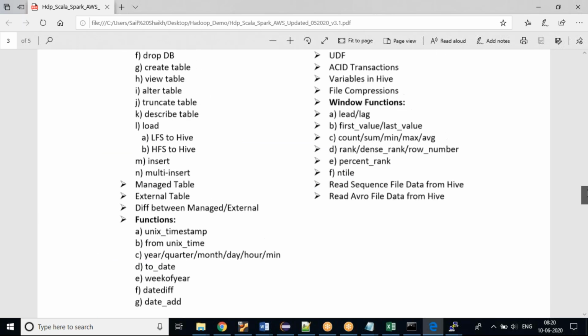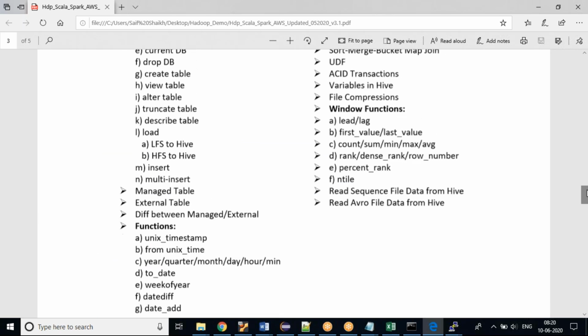Once we finish this, there will be a small project on the integration of Sqoop and Hive. We'll be writing incremental loading and loading the data into the Hive partition tables. Then we would be automating this. For the first time, we would be getting the history file, and we'll be loading that. From the second day onwards, we would be getting the change data, so we just need to capture the change data and load it. We would be automating that through a shell script.